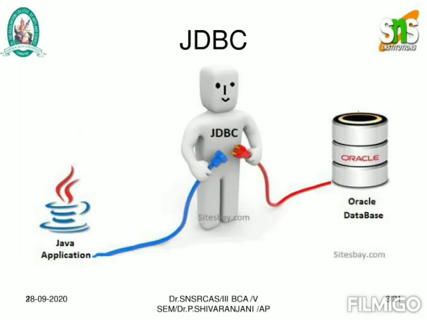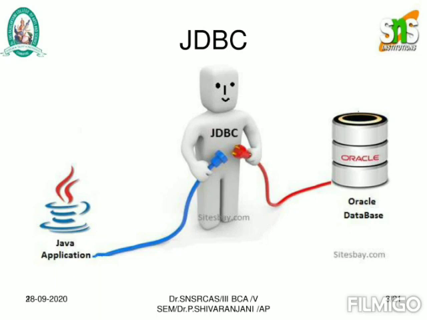This diagram shows how JDBC is an intermediate between your Java application as a front end and your backend, that is your Oracle, SQL, MS Access or SQL Server. JDBC will be the intermediate between your Java application and the databases.